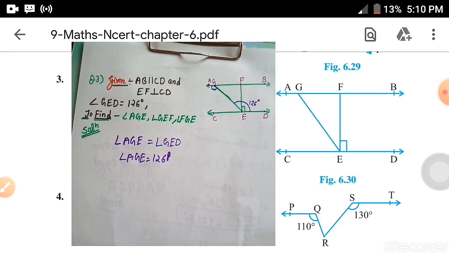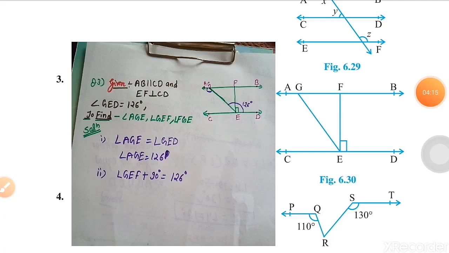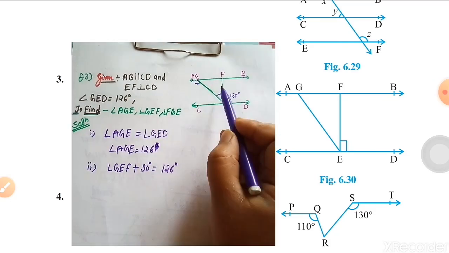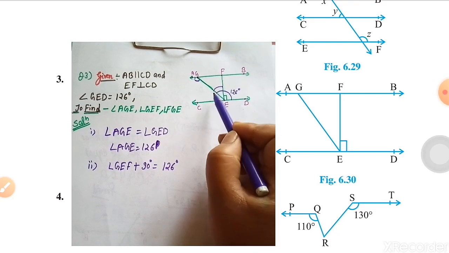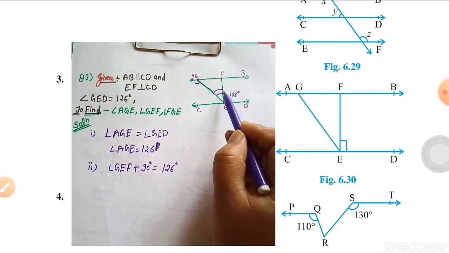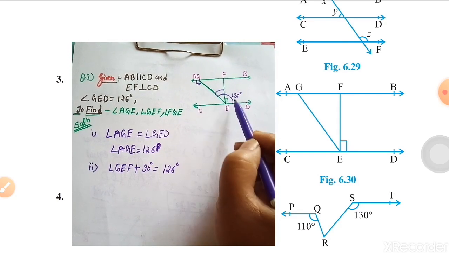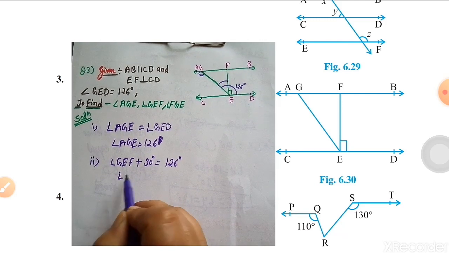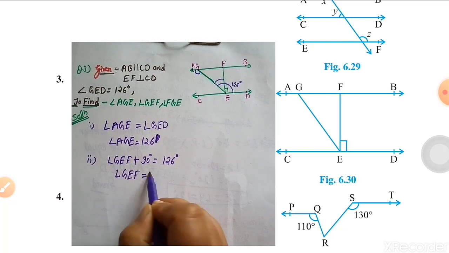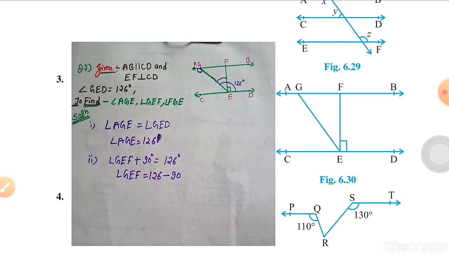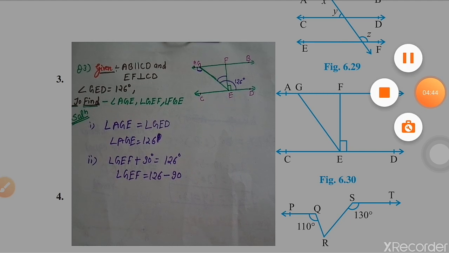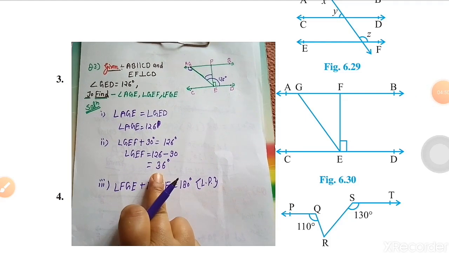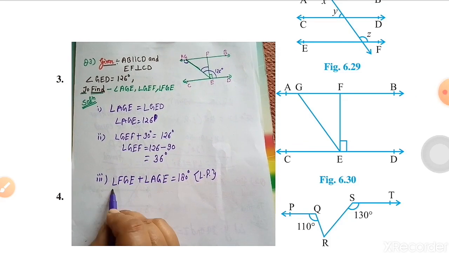The first part we have found out. Now see the second part. You have to find out the value of GEF. This is the GEF. If you look carefully, this is GEF. If you add GEF and the 90 degree angle, you will get 126 degree. So we can write angle GEF plus 90 degree equal to 126. Therefore angle GEF is equal to 126 minus 90 degree. Now we subtract it and we find 36 degree. Now see the next part, FGE. This we have to find out, FGE.